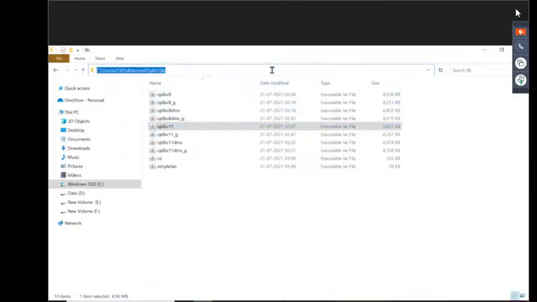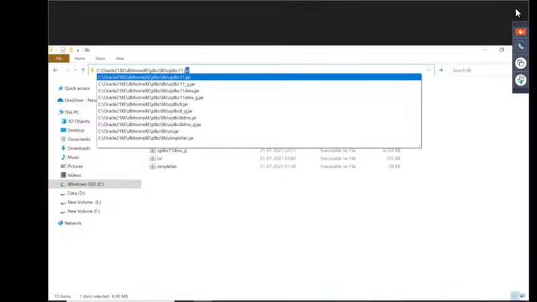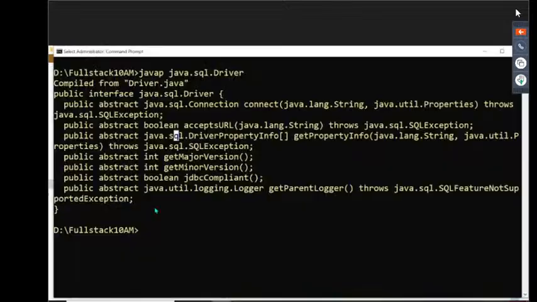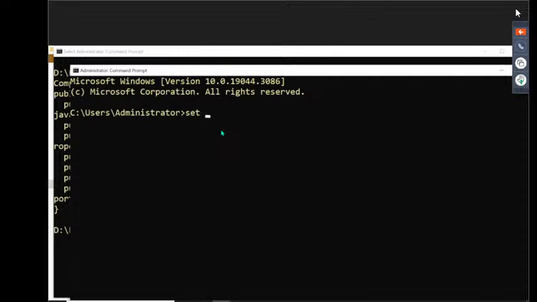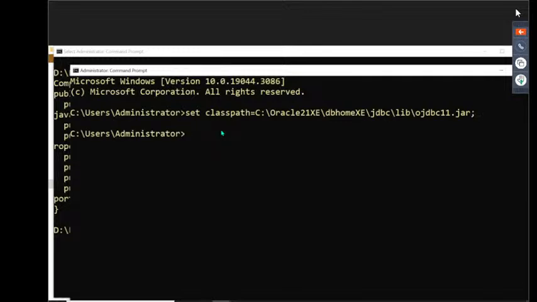Now let me check this. If I provide this OJDBC11.jar file, I want to set the class path to it. We already understood that the driver interface is provided by Sun Microsystems. I want to open another command prompt here. In this command prompt, set classpath equal to the same location up to the jar file. Then I'm giving javap. Then what next? I need to provide